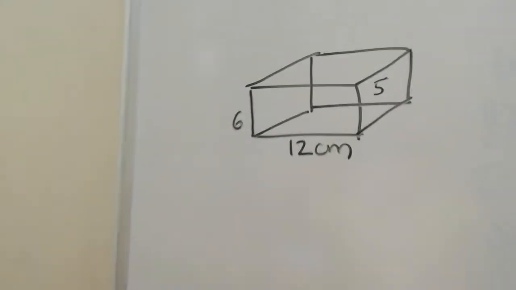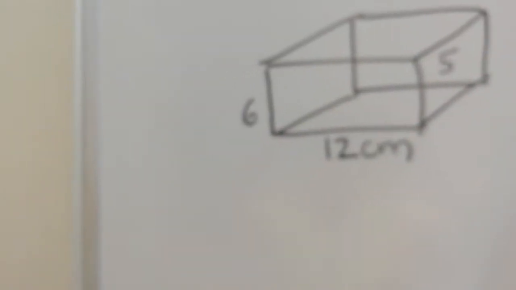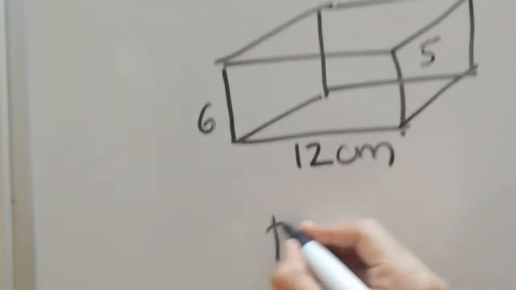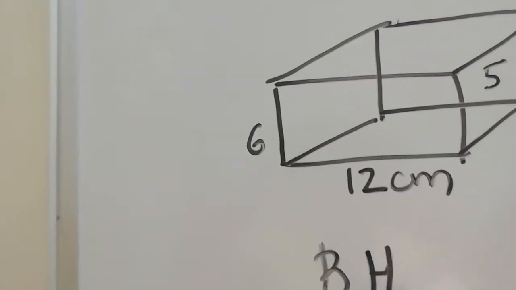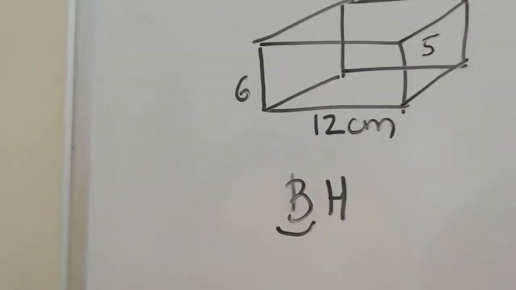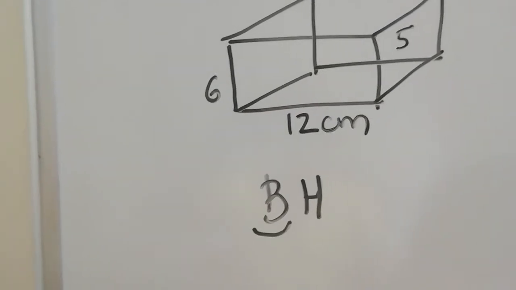So, which prism is this? It's called a cuboid. Okay. Now, always remember one thing: what is the formula for a prism? It is BH. For any prism, the formula is BH. What does this B mean? This B means area of the base. Okay, B means area of base.